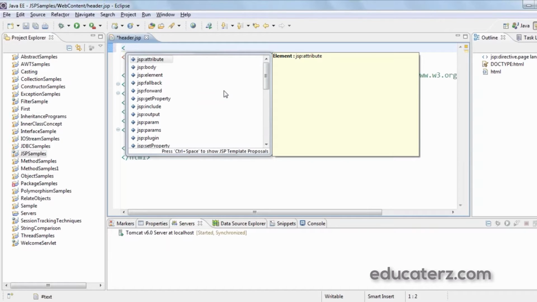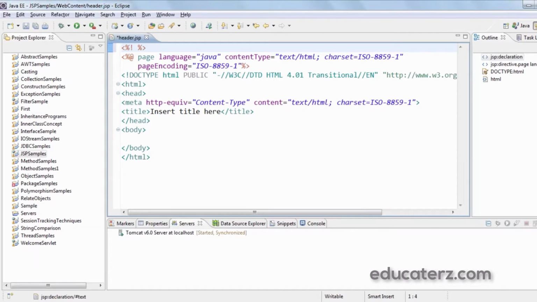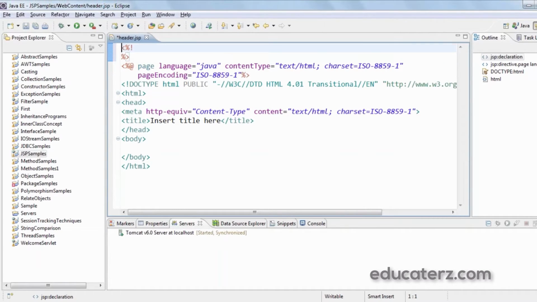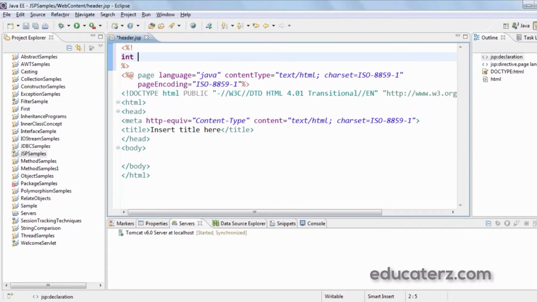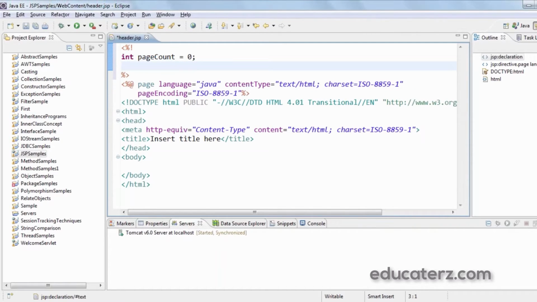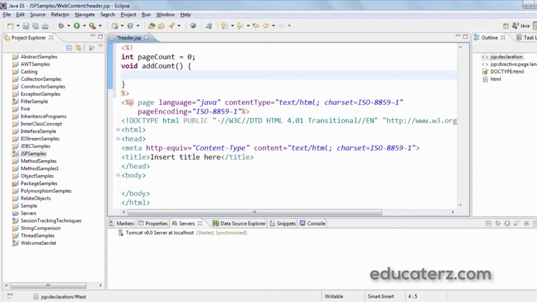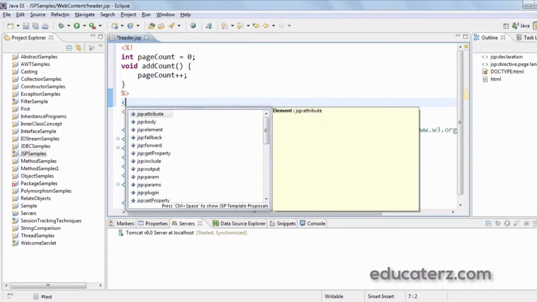For that, I require some declarations, namely int pageCount, initially 0, and one method which returns nothing, addCount, which just increments the pageCount.